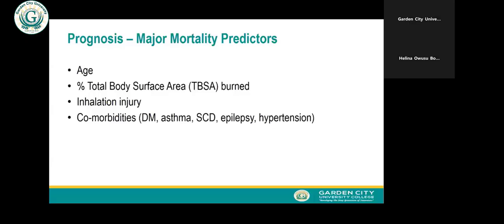And then the TBSA, the total body surface area burn, the percentage of body surface area that's affected by the burns, is also one of the stronger predictors of the outcome of burns. Burns above 40% TBSA is associated with